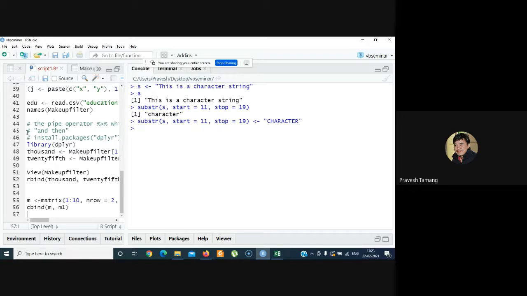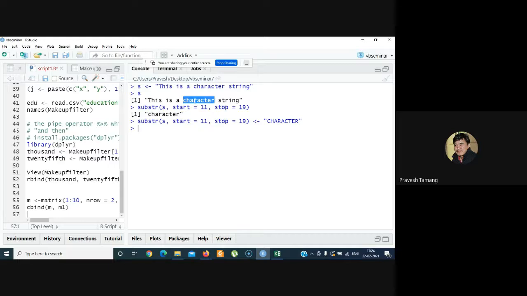So what you have done over here is you have said to subset this letter or a word. Start in the string s, you start at 11 and stop at 19. So what R does is it identifies those positions, and